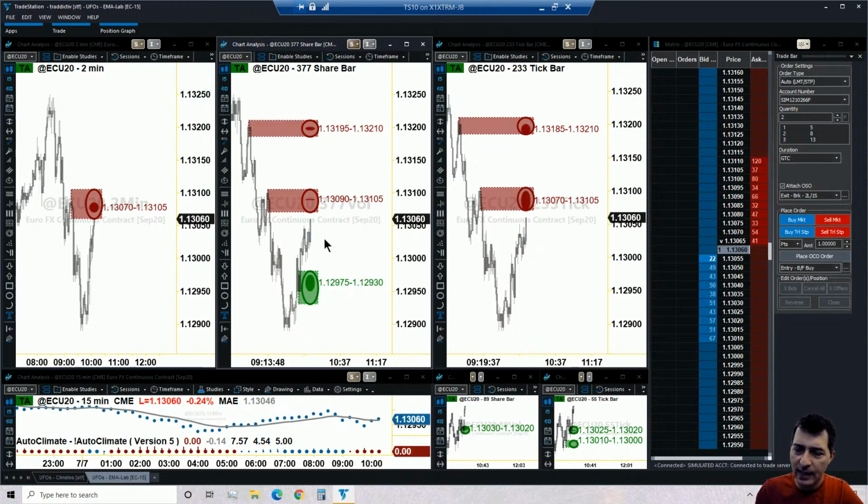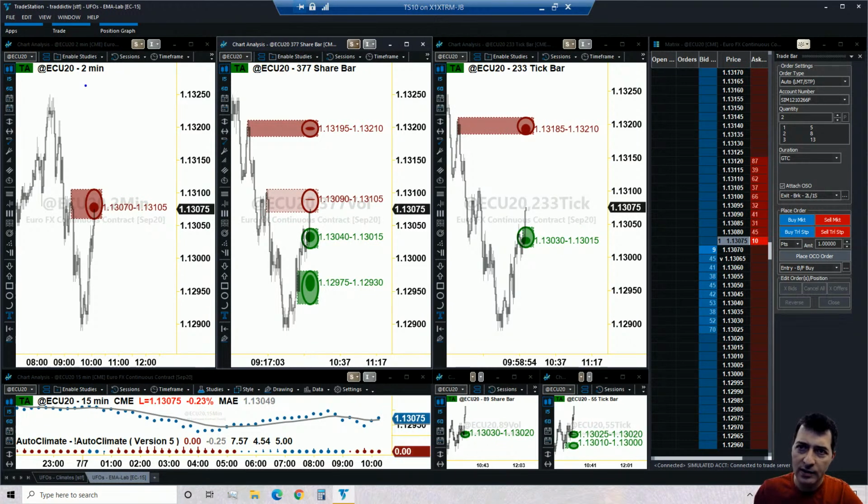In other words, we have to wait, and two things may happen. The climate may change, which, by the way, statistics suggest may happen anytime. But at the same time, the other thing that could happen is that we get a UFO forming here in just a few minutes, maybe a few seconds. You never know. Especially with the share bars and the tick charts, UFOs may form anytime. Of course, with the time-based charts, you could have UFOs every 2 minutes. But with the share bars and the tick bars, you never know when it's going to happen. It may happen anytime, right? So in this sense, we're going to have to just wait and see what's going to happen.